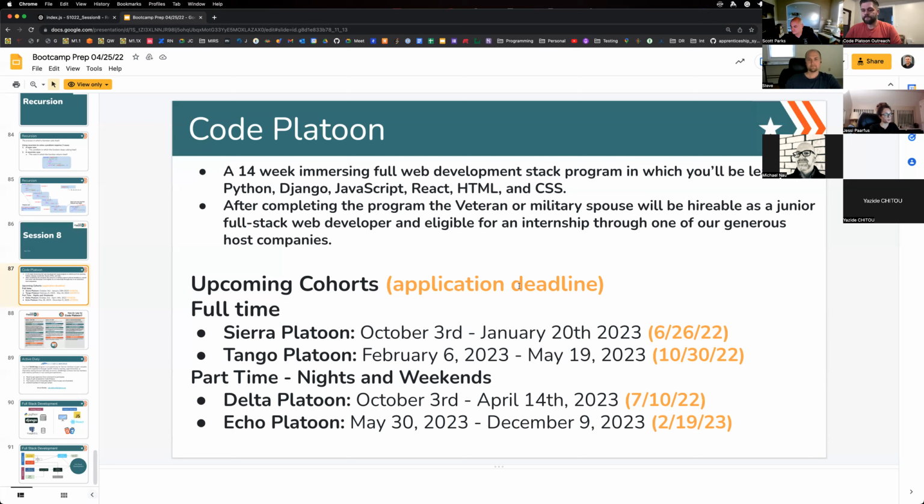But even if you go through Code Platoon, you learn JavaScript and Python, and your first job, you learn JavaScript and Python, that's great. Knowing two languages is enough. Learning more languages is great, especially if you like learning languages, but